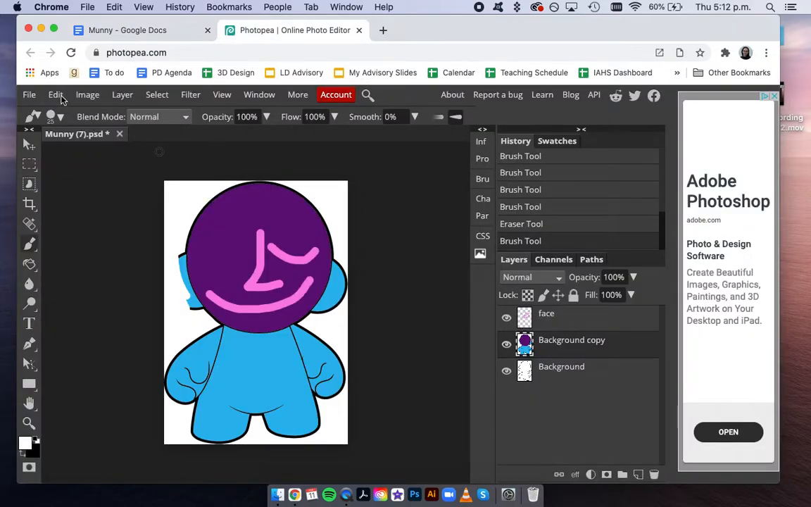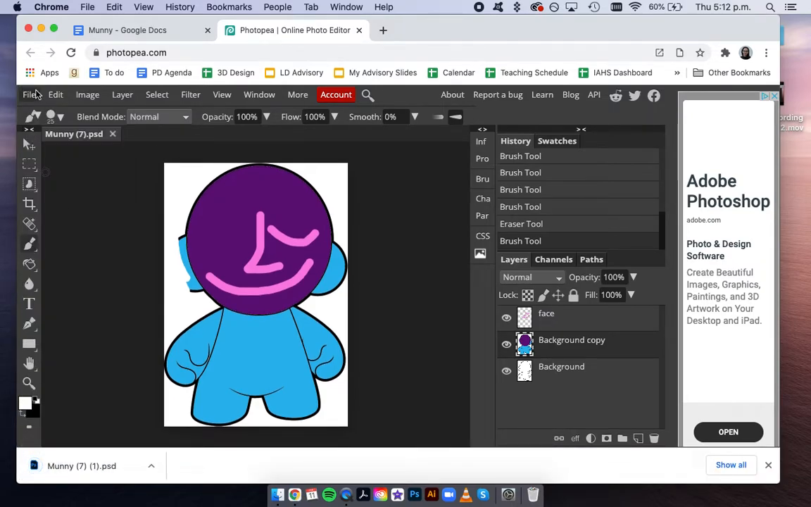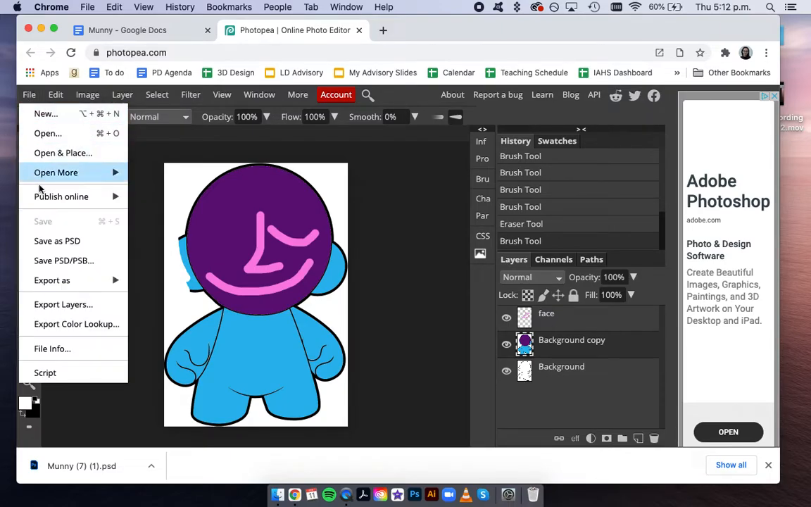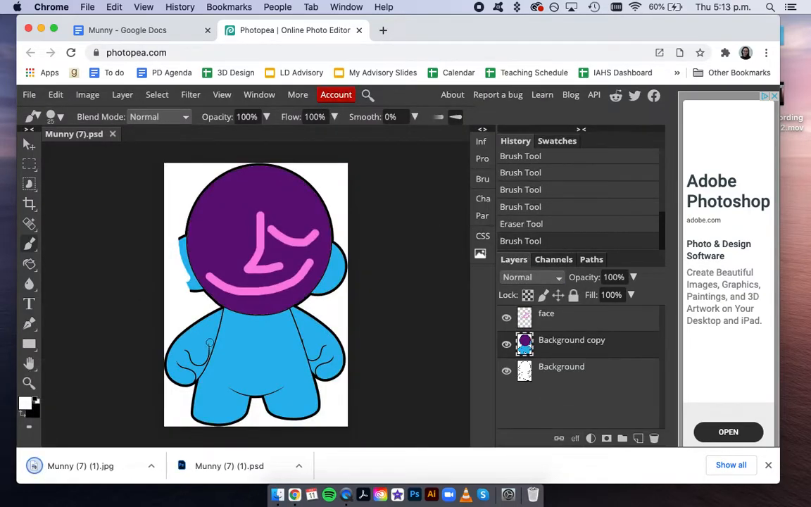When you're done with your Munny, you're going to go up to File, save it as a Photoshop file one more time, just to make sure that you have your finished product saved with the layers. And then you're going to go up to File, export it as a JPEG. And the JPEG is the file that you're going to be turning in